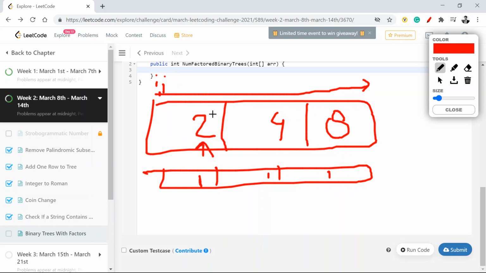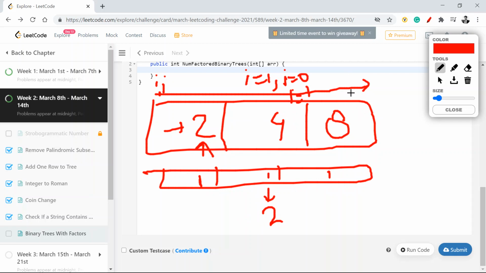This will remain 1. Now if I'm at this position, my i is equal to 1 and my j is equal to 0, for starters. If I look at this one, my 4 is a multiple of 2, right? Now what is the remainder? If I divide 4 by 2, I get another 2. So I still have 2 in the array, right? Then I can say yes, this is a binary tree, and whatever I have present, I can add 1 to it. So I'll have 2 now. Now if I go to the next one, when j is equal to 1, this will again be 4, 4. Then it will be of no use.